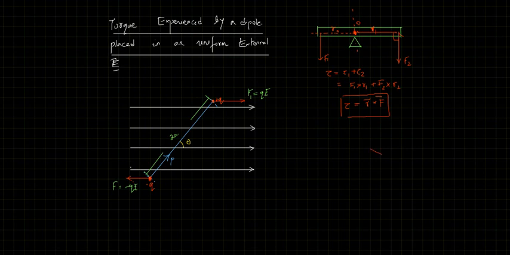Let's say this is the F vector, this is the R vector. You imagine you place your right hand aligned with the R vector and then fold it towards the F vector. Then the thumb will give you the direction of the torque. Correct? You take your right hand, align with R, fold it towards F, then the thumb will give me the direction of the torque. As simple as that.